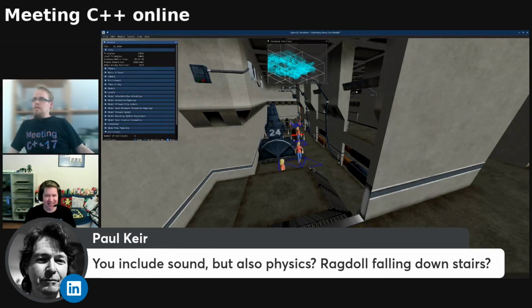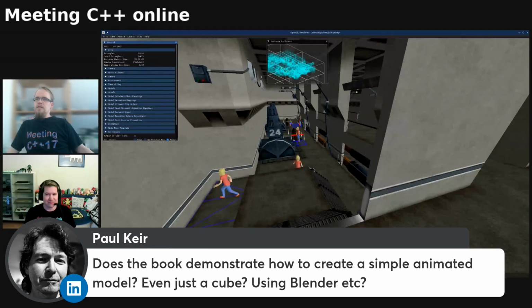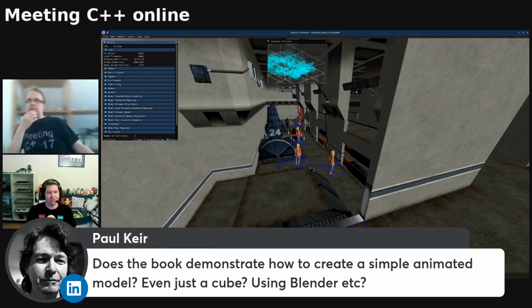And there's a follow-up question. Does the book demonstrate how to create a simple animated model, even just a cube using Blender? No, this is just about using models and not creating models. As I said, I recently had a book about doing a simple model, and I have a book right now to read about rigging and all this stuff.